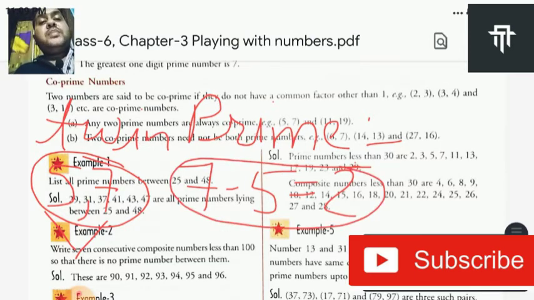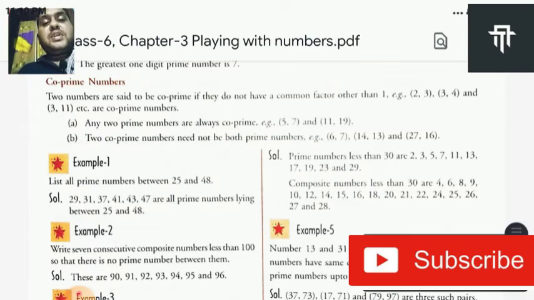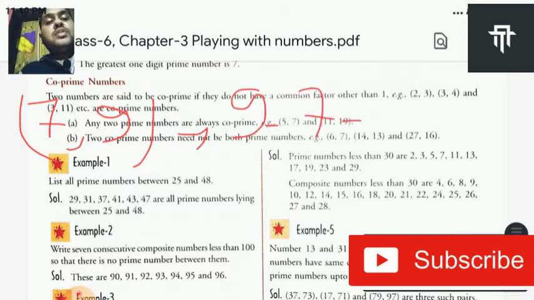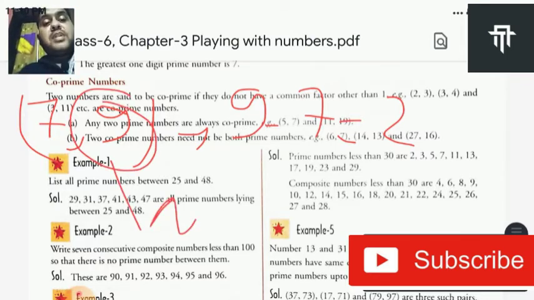So these are twin prime numbers, because here the difference is 2 as well as both numbers are prime. Now the second example: is 7 and 9 a twin prime or not? Here the difference between 9 and 7 is 2. So it may be a twin prime, because we get the difference 2, but it is not a twin prime. Why is it not a twin prime? Because 9 is not a prime number.